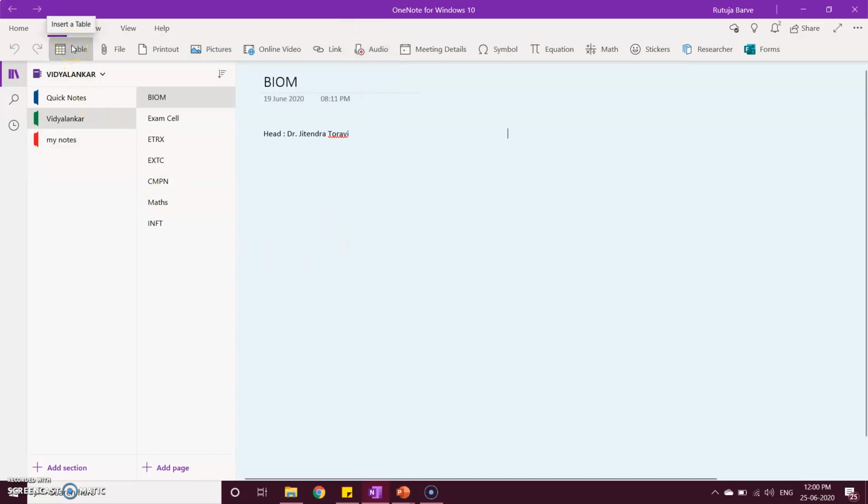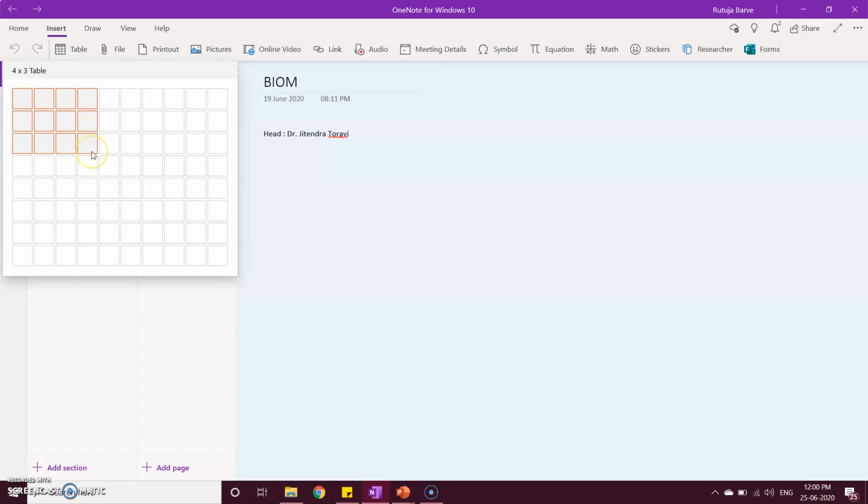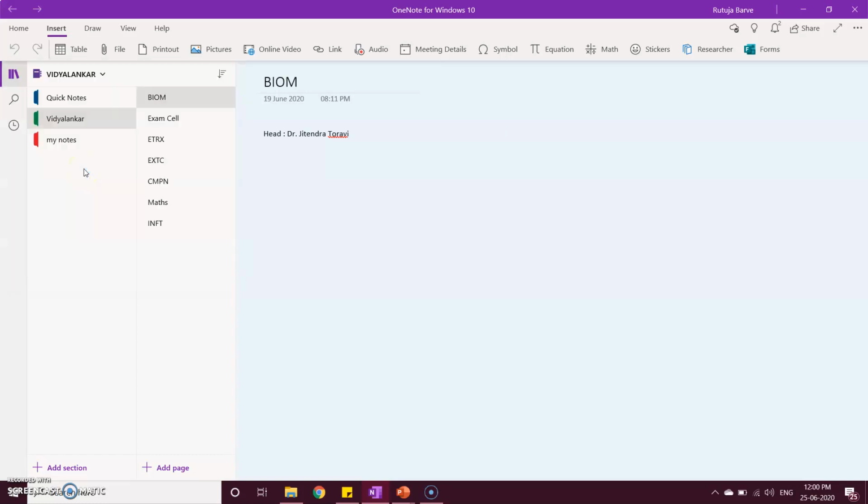I will just take you through some important things that we might use while we deliver online lectures, which will be very useful. If I click on table, it allows me to select the number of rows and columns. If I select these many rows and columns, that table will be inserted in the page. You can definitely drag and drop it. I will just zoom it for you. In the table, you can add whatever data you want. Let's say serial number, then name, then last name, and maybe marks.